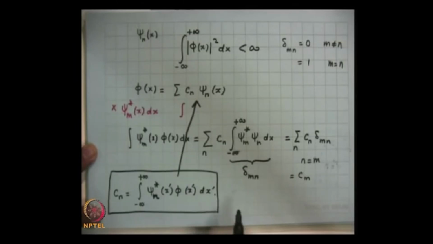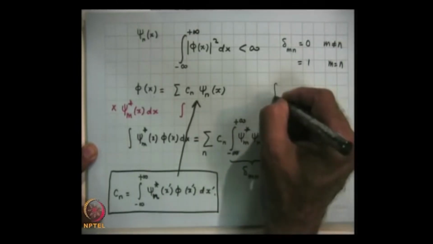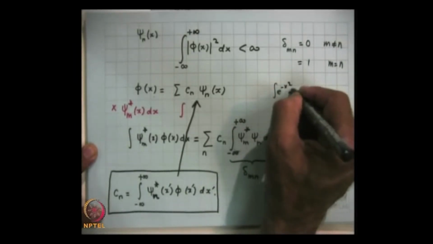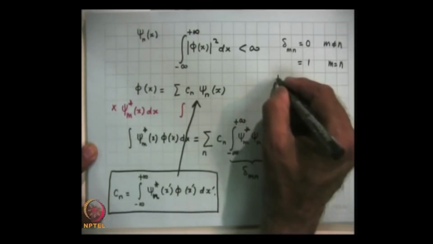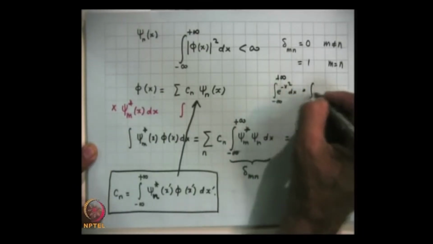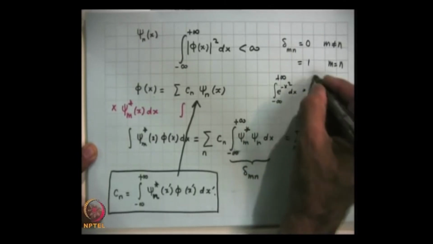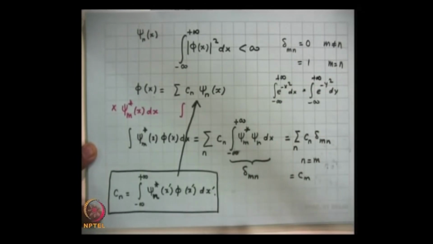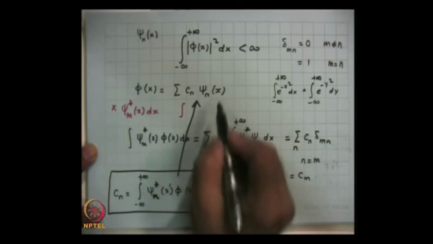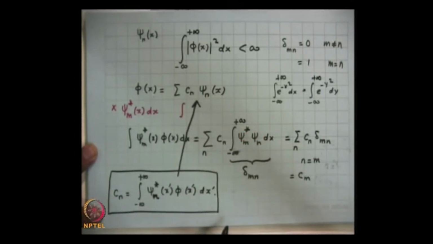and in a definite integral it does not matter whether you write x or y or z. For example, the integral of e to the power of minus x square dx from minus infinity to plus infinity is the same as the integral of e to the power of minus y square dy. It does not really matter; both of them are equal to square root of pi. So, this x should not get confused with this x, and therefore I quietly put a prime,